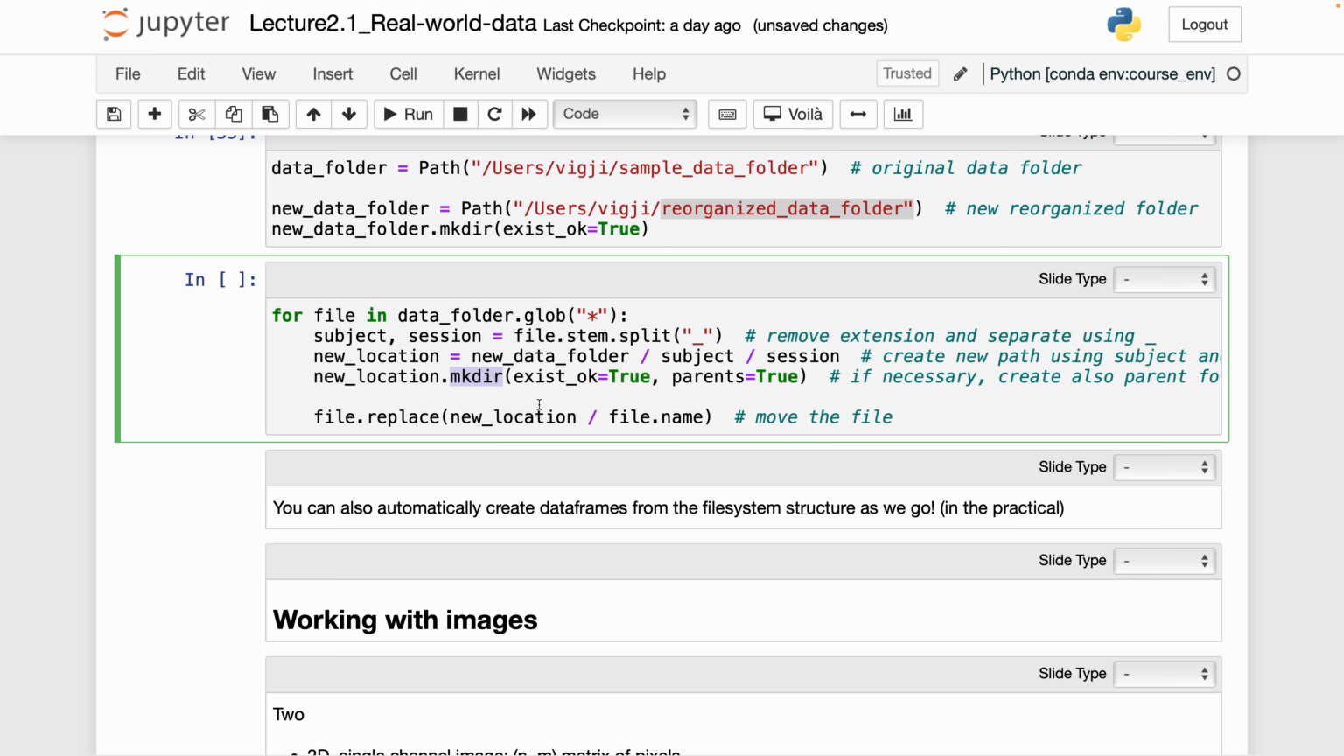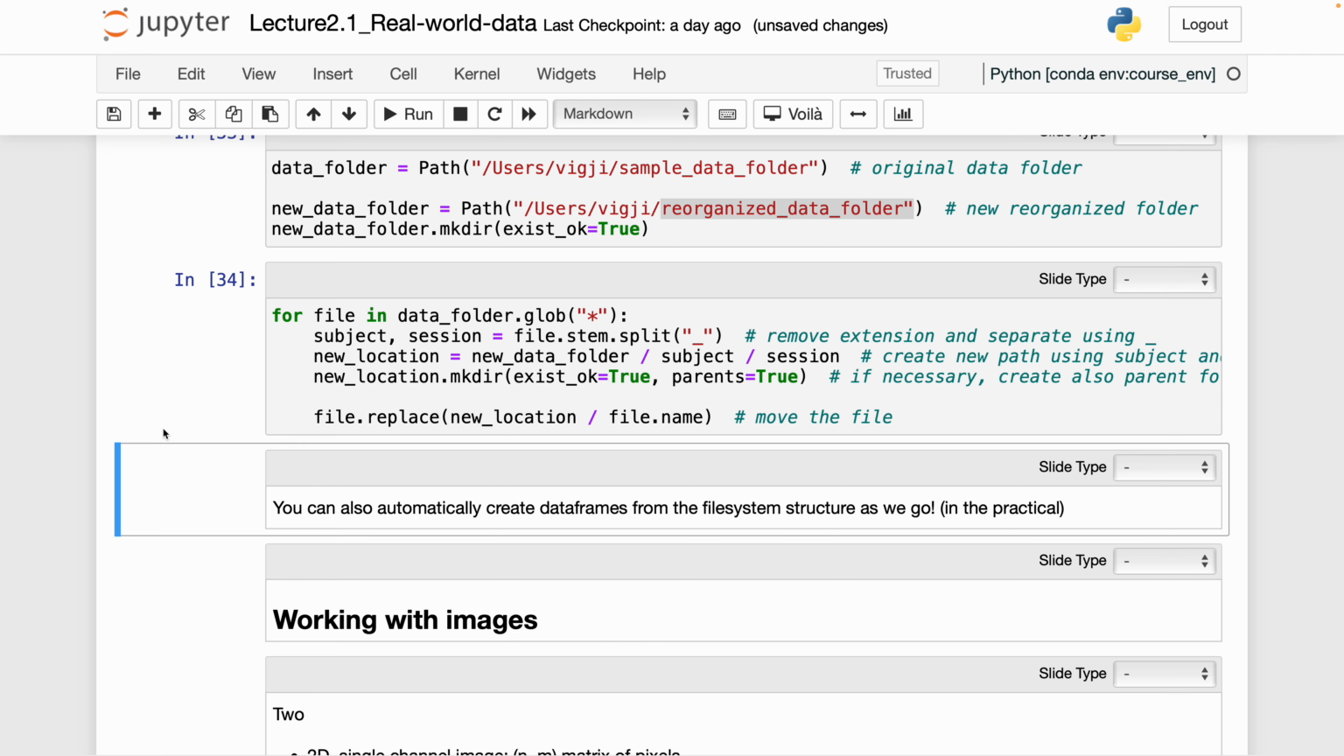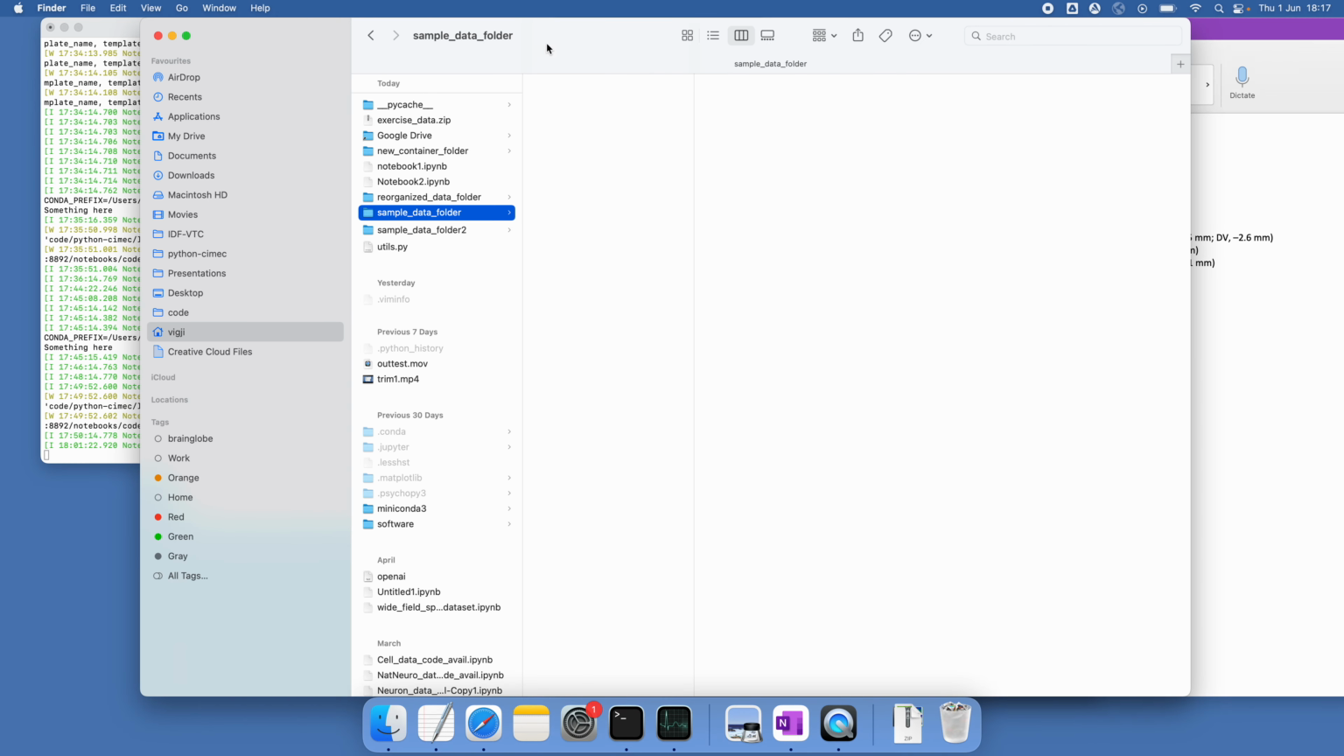Okay, and then I'm just writing file.replace. I pass the new location where I want the file to be, and I just keep the file name. Okay, I'm running this. Now I have removed my txt files from here, and I have this reorganized data folder where I have subjects, I have sessions, and I have the txt files